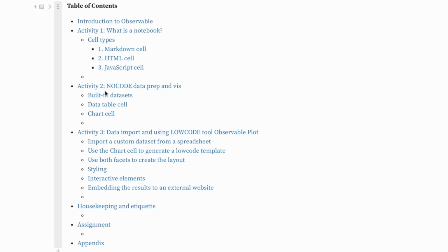Then we will see a way to do data preparation and visualization without using any code. So we'll explore the built-in datasets, the built-in data table cell, and we'll see a chart cell. These are like specialty cells that allow you to do data processing without coding anything. And then finally, in the third activity, we import our own dataset from Excel, and